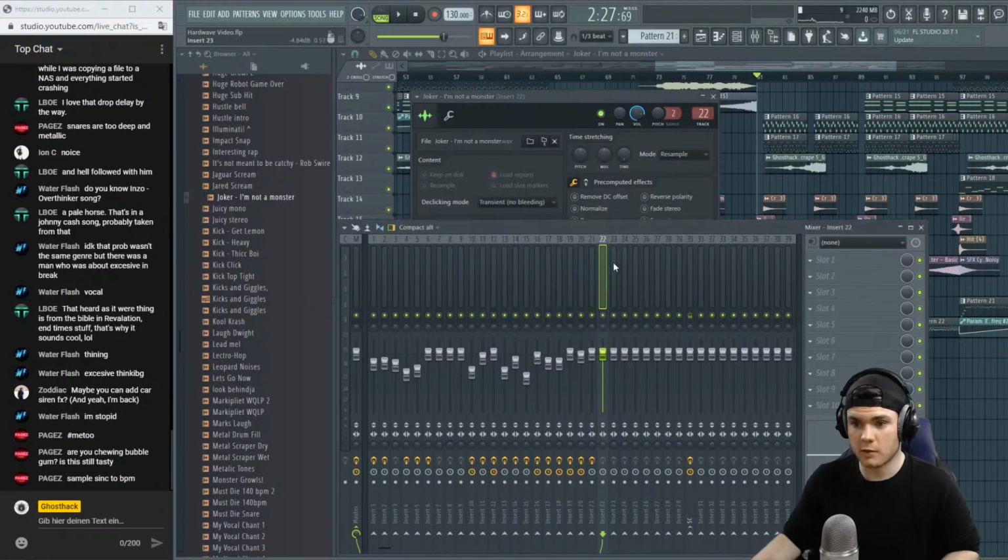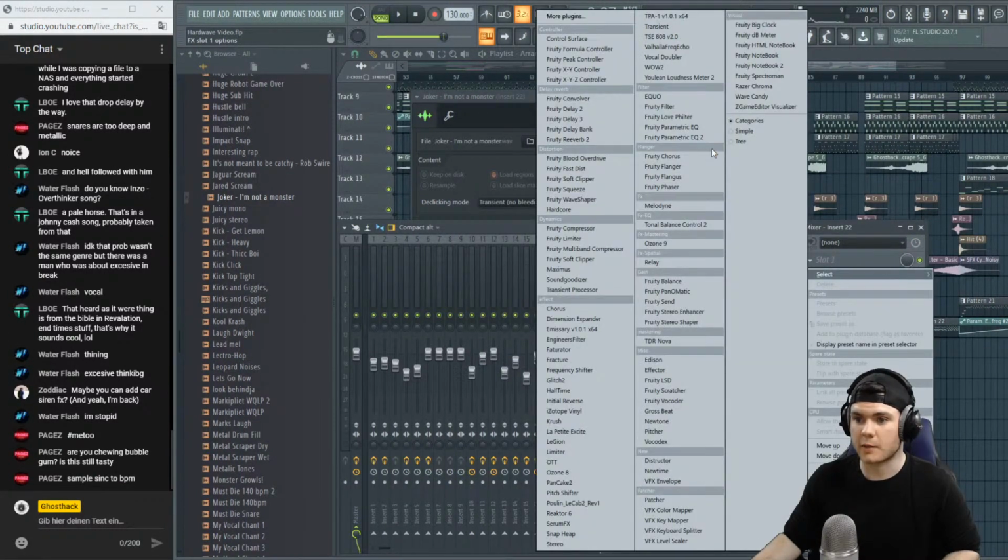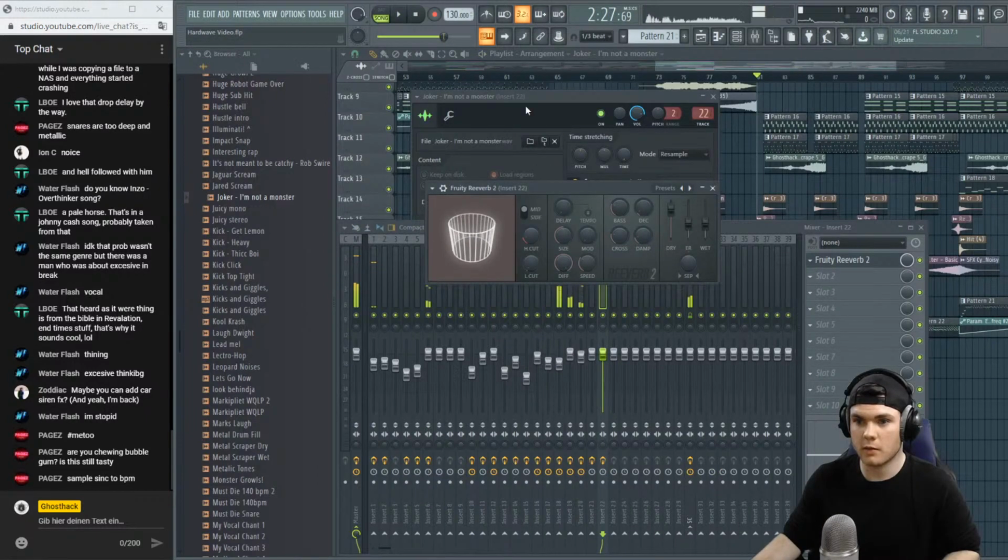Sample sync to BPM. For this, well, yeah, I'd have to chop it up and fit it in places, but...